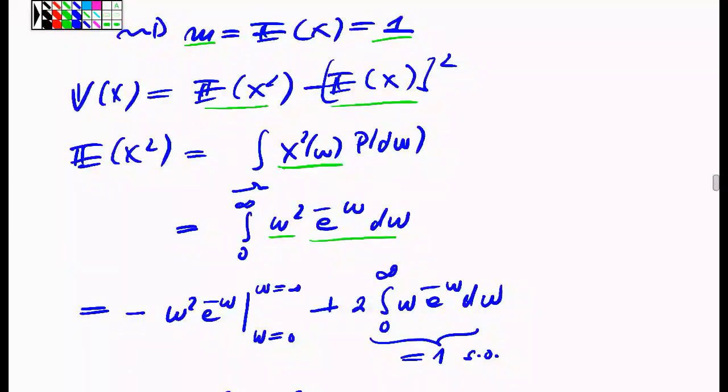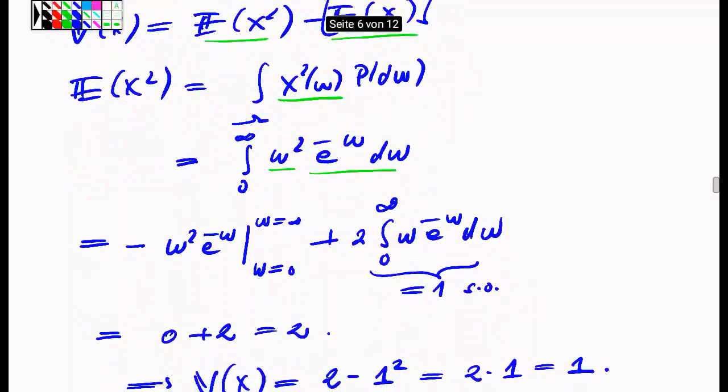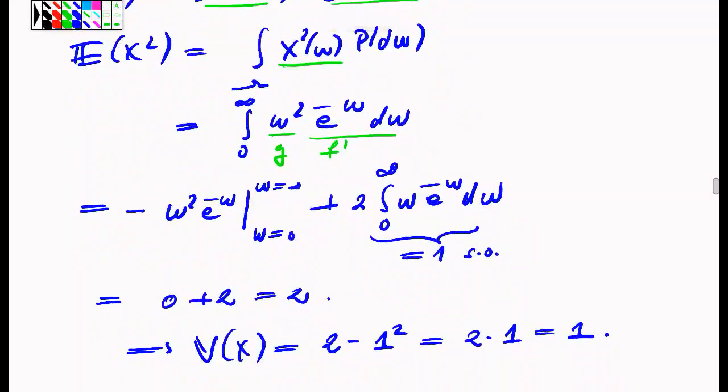general transformation formula is just the identity function squared integrated against the law. The law is this weighted Lebesgue measure, and what we see here is a candidate for an integration by parts, where this function here, the e to the minus omega, is considered to be the f prime, and this is the g function. So the integral of f, of e to the minus omega, is minus e to the minus omega. So that's why we get this boundary term, and then